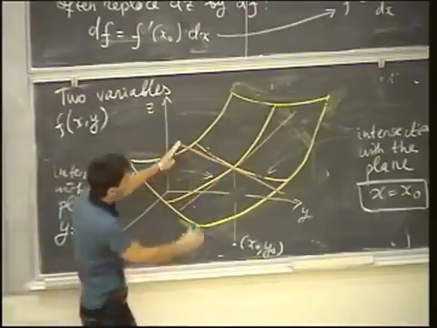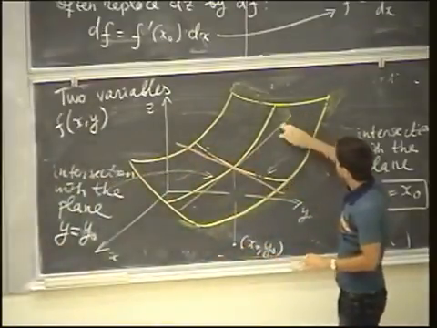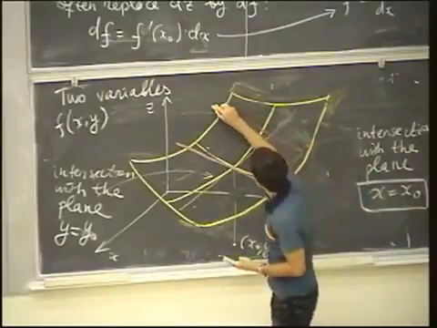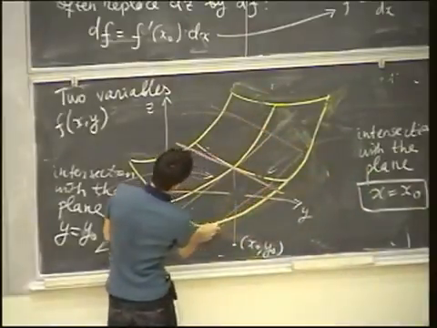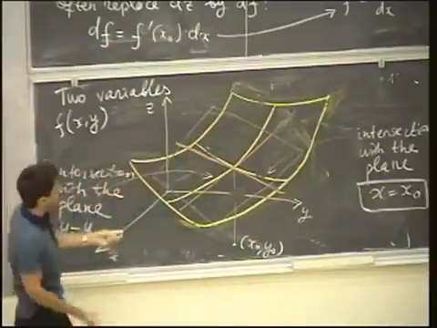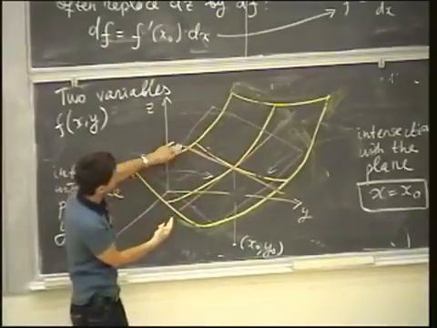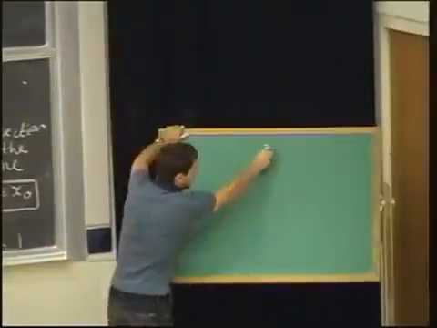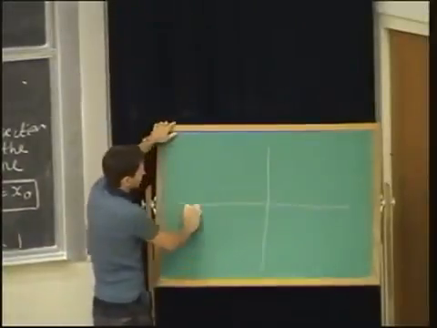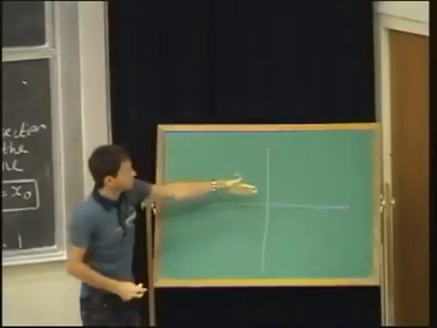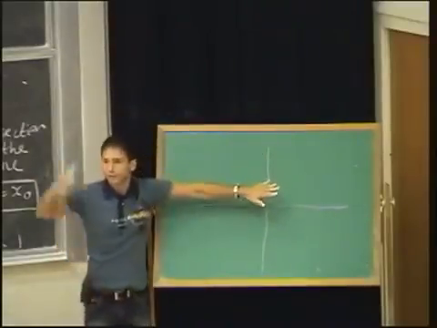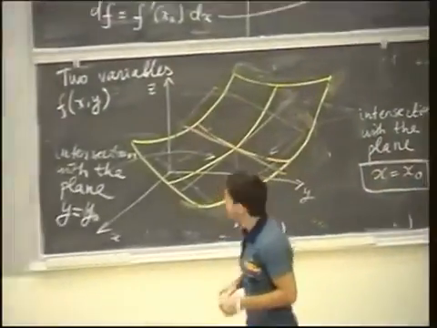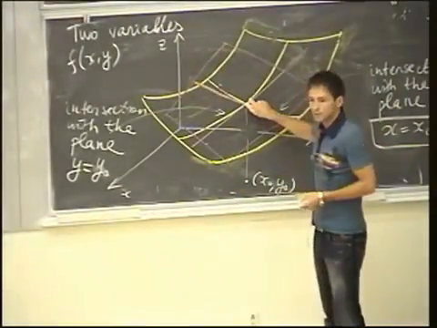Okay? And now these two lines, in fact, span a plane, which looks like this. See, that's the plane which is slightly underneath the graph. That's what I was illustrating when I put a vase here, right? And that would be the tangent plane. So on this tangent plane, I would have two lines, which are tangent to the curves on the graph that you get by intersecting with the vertical planes. You see what I mean? Is this clear? That's right. It's tangent at that particular point. Exactly. If I take